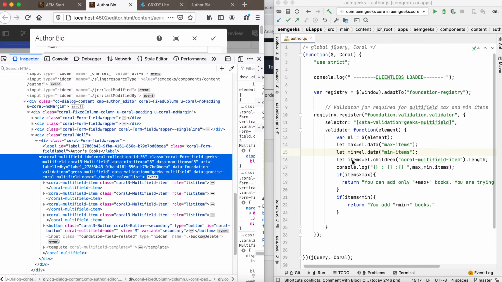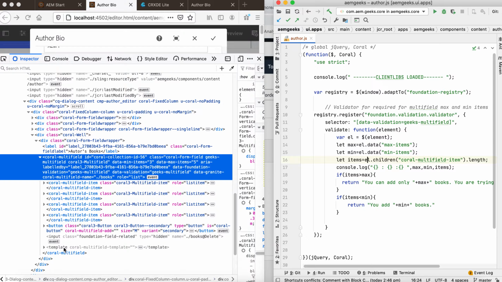Now what I'm doing: items.el means this is the object, the highlighted one. So in el I have this object, which is highlighted. I'm getting all the children, but here it has buttons, templates and inputs as children as well.